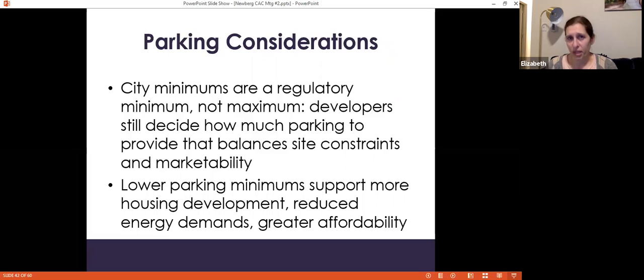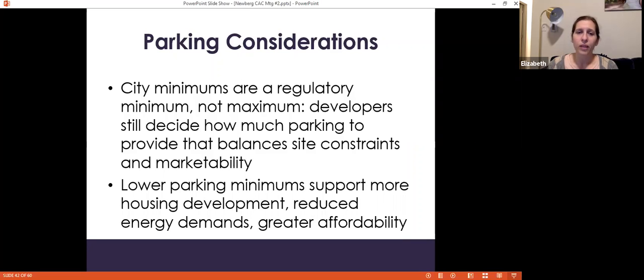And also to differentiate among the different housing types, right? And when we consider how we write parking regulations, back to thinking about the role of zoning code, the zoning code is not saying this parking is the right number for every site. There could still be sites that exceed the minimums because that's what makes sense for what the builder's doing or the type of consumer that they're aiming at. But it's a regulatory minimum where the city says we have an interest in making sure that at least this many spaces are provided. But there's still some flexibility about what actually gets built, right? You've probably not seen any single family homes developed without parking recently. And that's not necessarily a function of the zoning code. It's more about what developers are trying